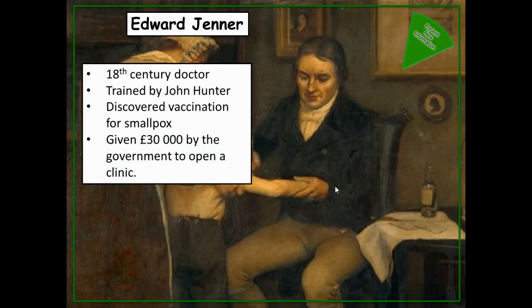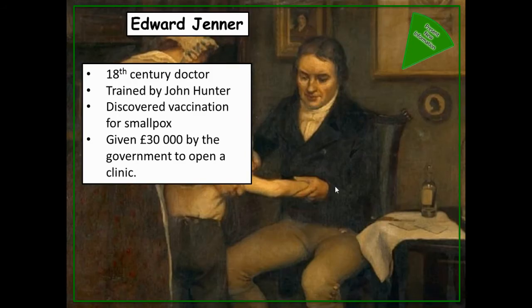When we're thinking about factors with Edward Jenner, and we'll talk about this in a bit more detail later on, he's a very good example of a brilliant individual because he worked on his own. He worked against doctors who didn't want to accept his work because they were already making a lot of money from inoculation. He was also from Somerset, he was from the countryside. So lots of the London doctors were very dismissive of his research. So he's a very, very good example of one person who made an enormous change to medicine.